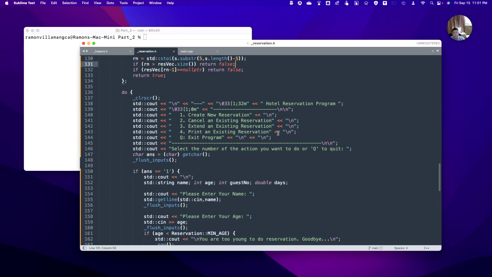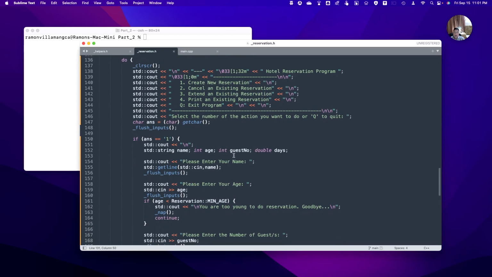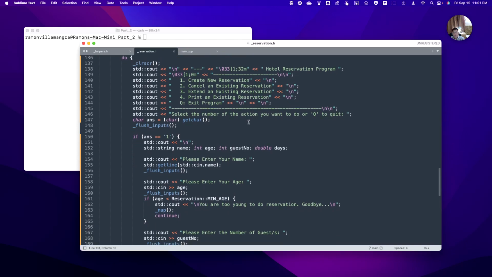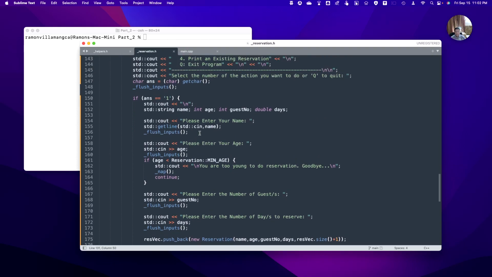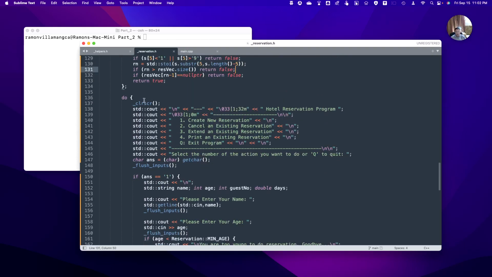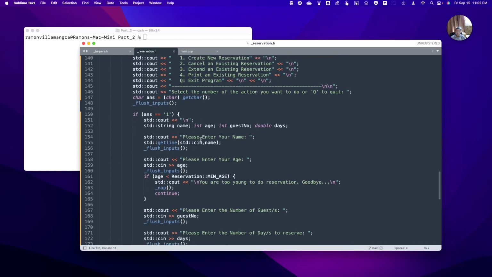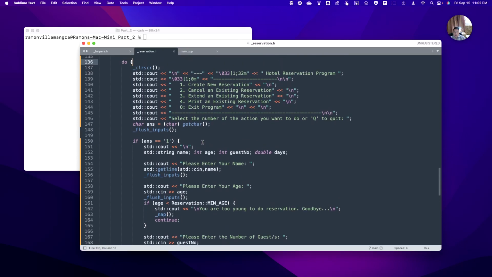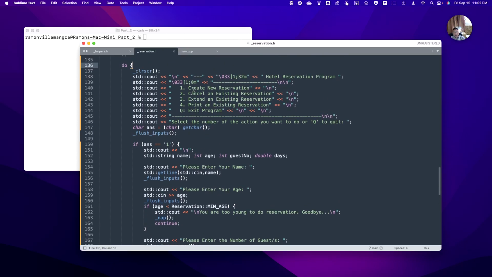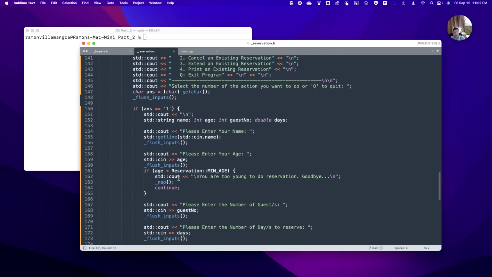Four is to print the existing reservation. And Q to exit the program. Select the number of the action you want to do. So this is just a normal menu operation. Now, if the answer is 1, meaning create a new reservation,